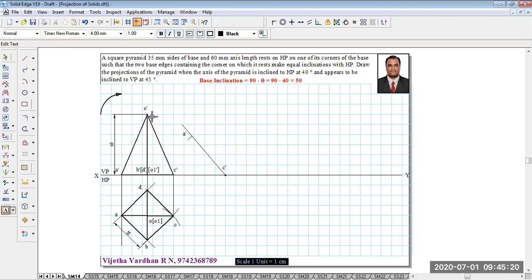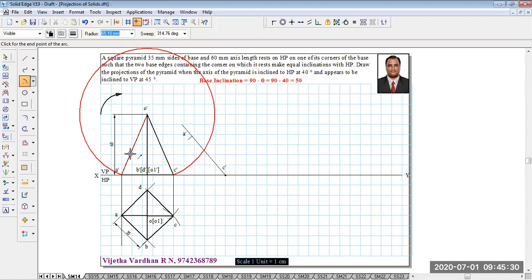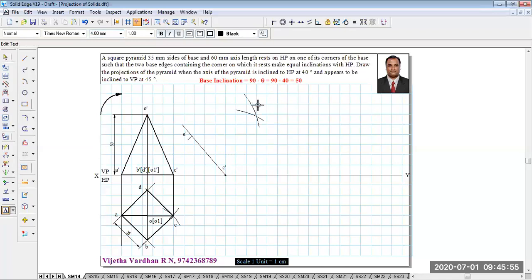Now in the same fashion, to get the position of O dash, we know that the distance from O dash to C dash has to be measured using the compass, and the distance will be the same for O dash to A dash also. Now with A dash as the center, without changing the radius, I'm going to draw a constructional arc over here. Now in the same fashion, again without changing the radius, with C dash as the center, I'm going to draw one more arc over here, and the intersection point we are going to mark as O dash.